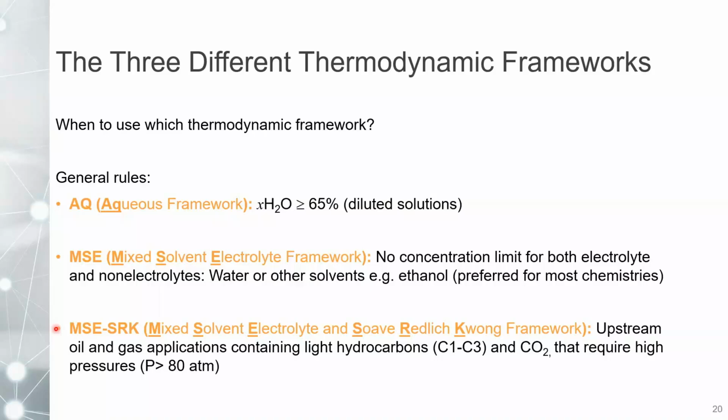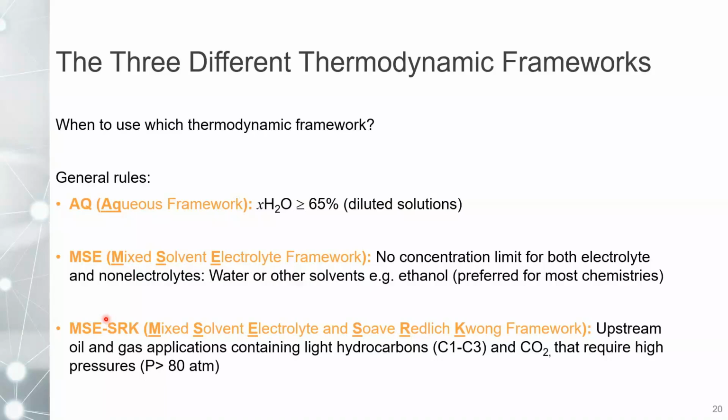And we needed a continuous prediction from vapor to liquid to gas to critical fluids. So to do that, at least for the vapor phase and the organic phase, we need to model those phases using the SRK equation of state.